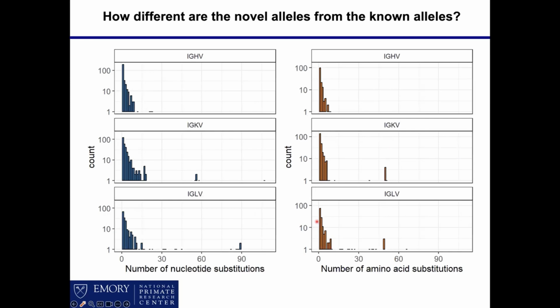The other question we wanted to know was, okay, so you have all of these novel alleles. How different are they from what's already out there? And so in this analysis, we simply computed the number of nucleotide substitutions and amino acid substitutions that were different from the closest allele in our base set. So in the starting data set we started with that contained all the previously published alleles. How different were they? As you might predict, the vast majority were off by a single SNP. However, we did have many that had more than that. We had many that were up to 5 or 10 nucleotide changes.